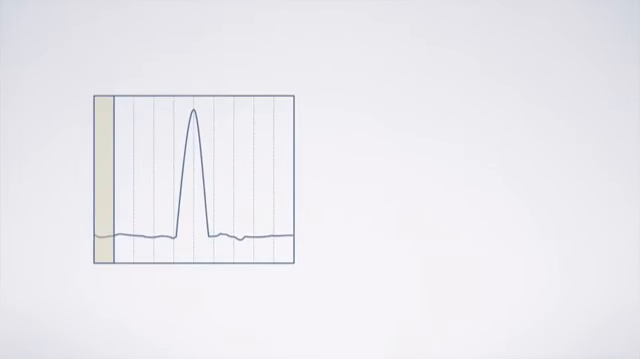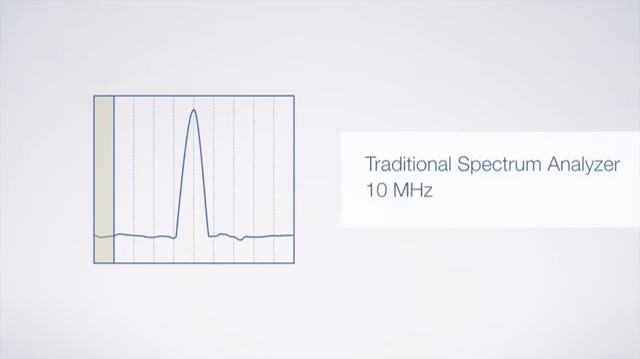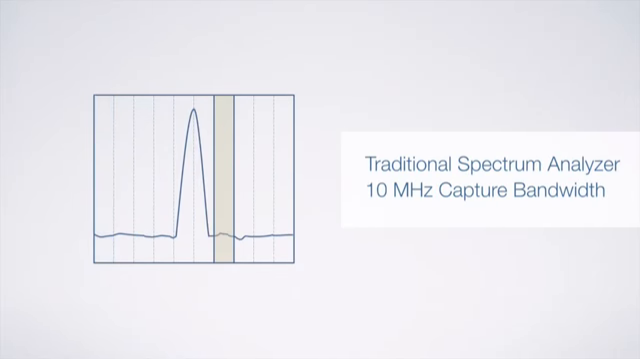Unfortunately, traditional spectrum analyzers are narrow band, showing you only a small portion of the spectrum with each acquisition. Most only have a 10 MHz capture bandwidth. To build the desired image, they must sweep or step this limited capture bandwidth through the span you set, one